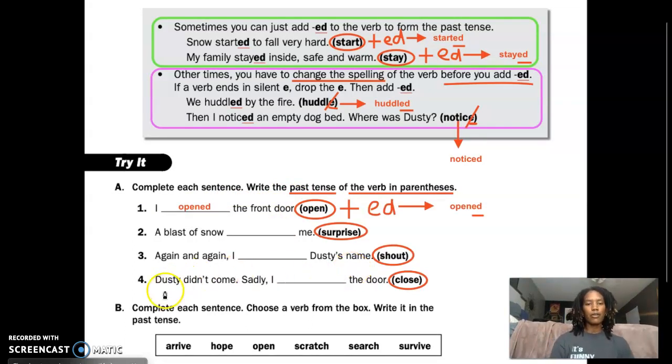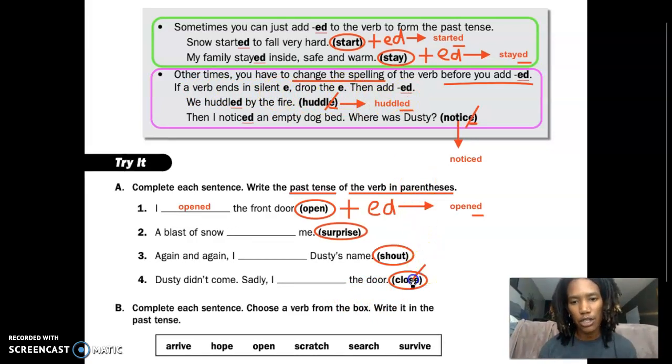Now let's look at number 4. Dusty didn't come. Sadly, I close in the past tense. I closed the door. Now, remember our second rule. If the verb ends in silent E, drop the E, then add ED. So what I'll do here is take off that E